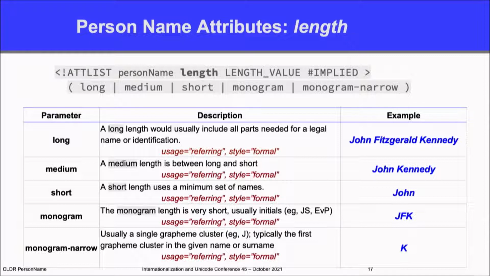So examples we use: John Fitzgerald Kennedy. Like John Kennedy, you might have a short name. Like on your tag, it might say, my name is John. Monogram would be the usual case for initials. Depending on feedback that we get, right now we have it as, the example here is 3 initials, but like when you see the